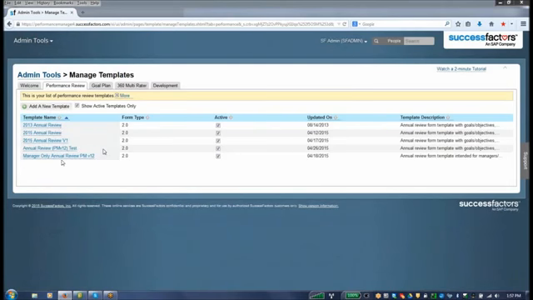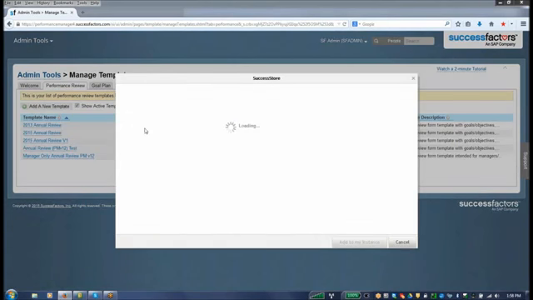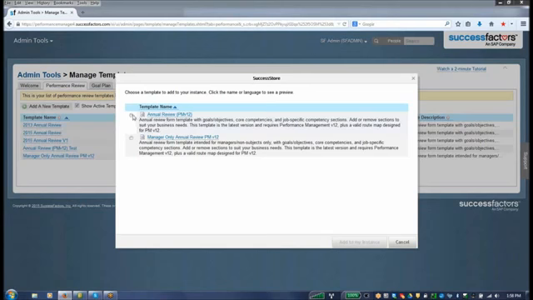Performance management: if your goals are for 2014, you're going to be doing performance for 2015, so next year. So you can go into the new template. I've already created these templates by clicking on the new template. I can do an annual review. I can do a manager only review. The difference is the annual review form is based on goals and objectives. That includes the core competencies and job specific competencies. Performance management always has three sections. When it has goals, when it has core competencies,